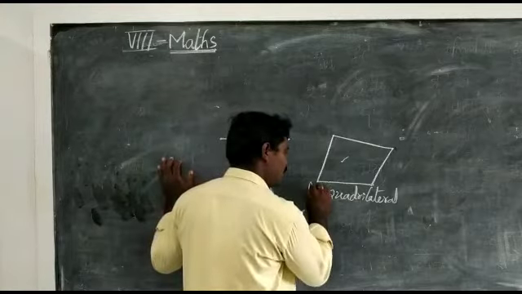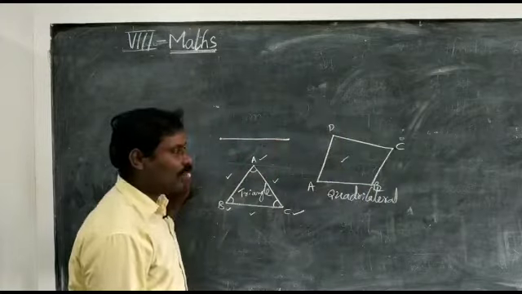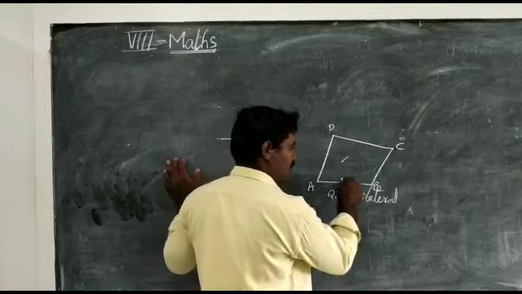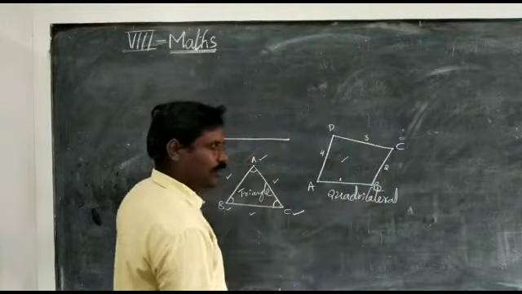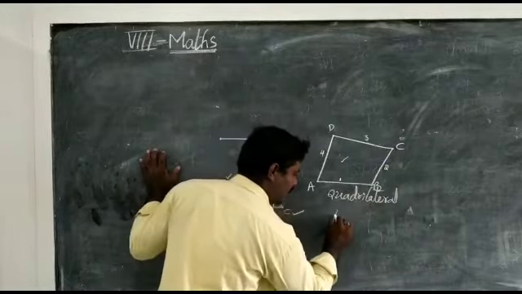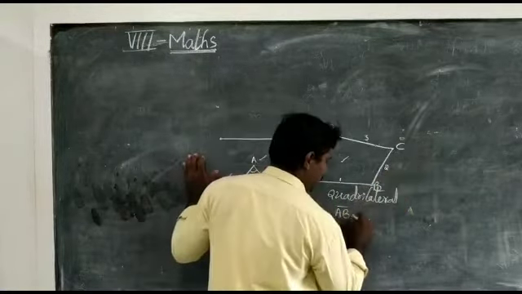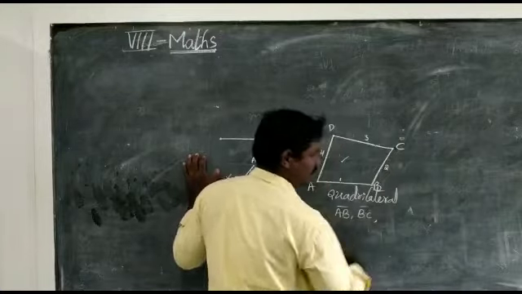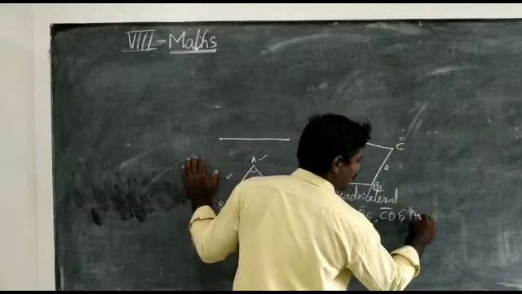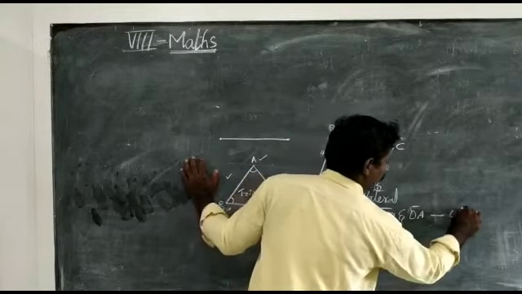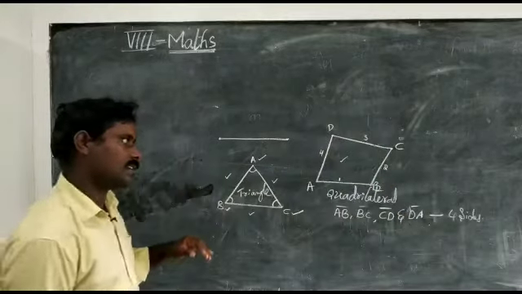See here, I am taking a quadrilateral named ABCD. In this quadrilateral, how many sides do we have? Yes, very good. 4 sides. 1, 2, 3, 4. What are the names of those 4 sides? The first side is AB line segment, the second is BC line segment, then CD line segment, and DA line segment. Totally 4 sides. That means a quadrilateral has 4 sides.